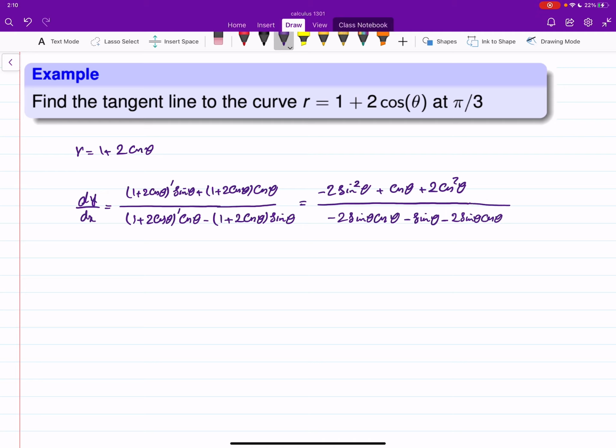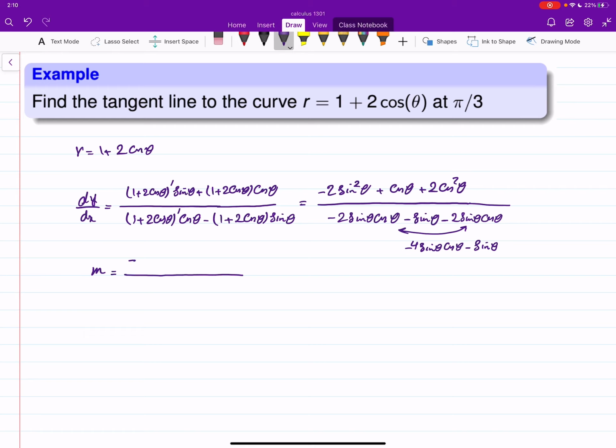Okay, so let me just plug in then. Oh, okay, so I can simplify these. There are 4 of these, and I write negative 4 sine theta cosine theta minus sine theta there. So the slope is going to be